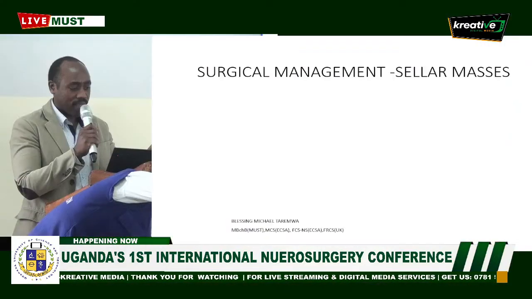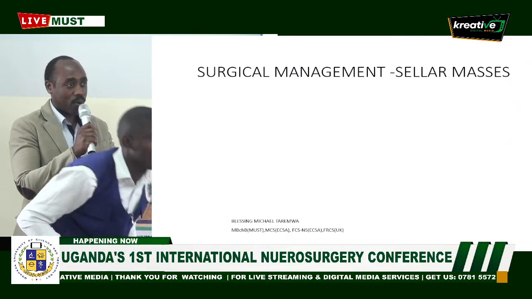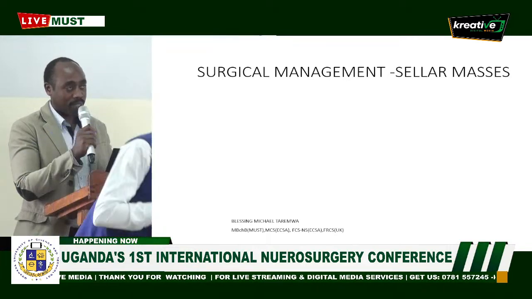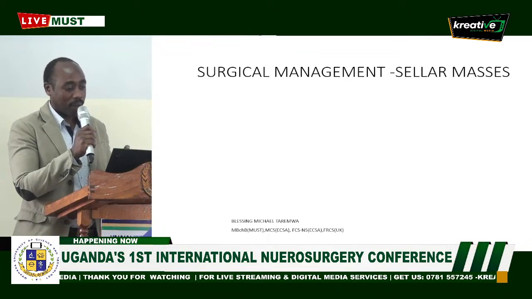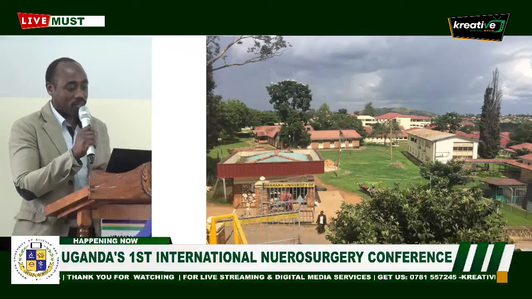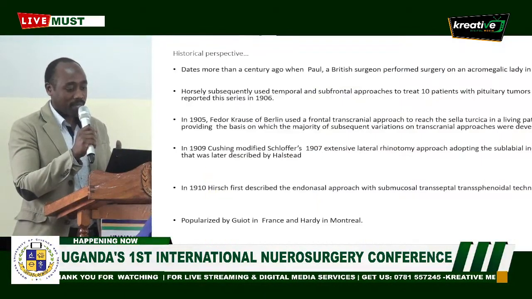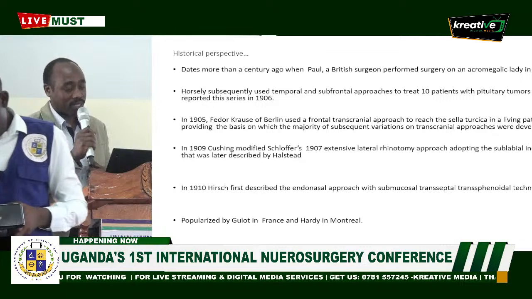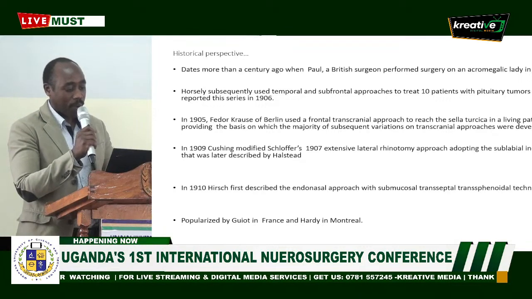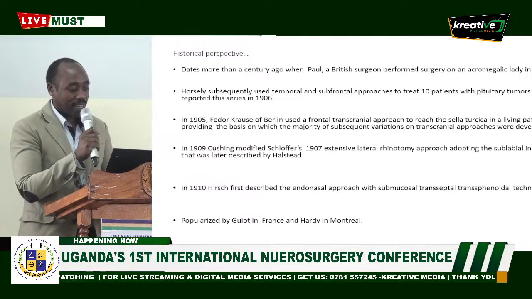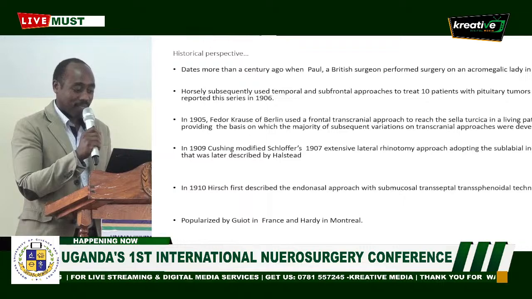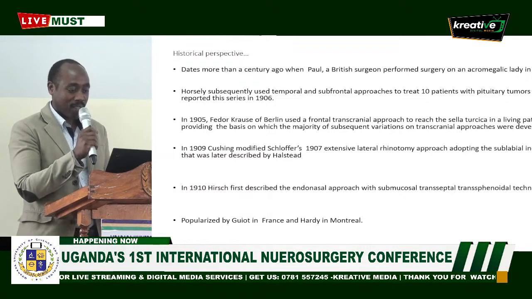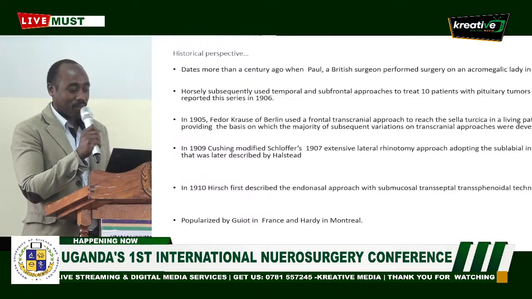To the recent surgeries in 1909, Cushing tried to go minimal with these surgeries to the sellar region by performing an extensive lateral rhinotomy approach, again adopting a sublabial incision. This was again further described in literature by Halsted. We go to 1910. Basically, this was the documented first endonasal approach with the submucosal transseptal technique, first